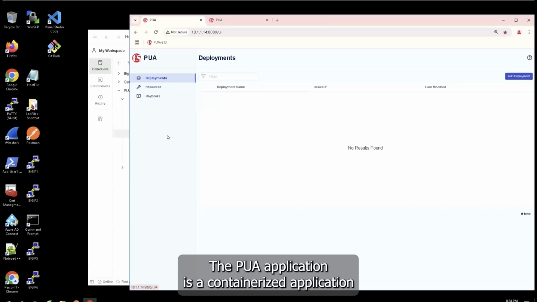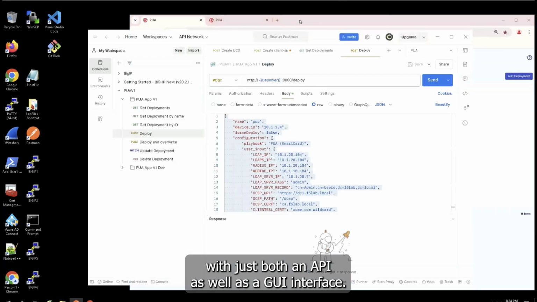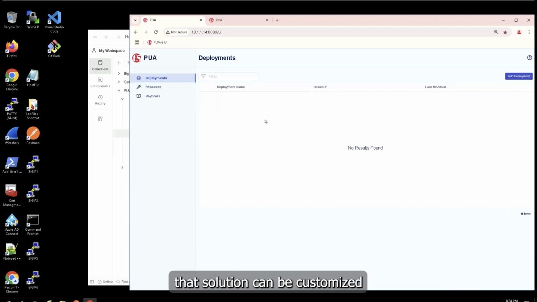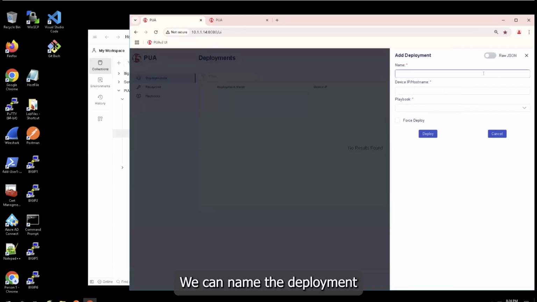The PUA application is a containerized application which has both an API as well as a GUI interface. It leverages the concept of a playbook to deploy solution configuration that can be customized for specific environment parameters. So we're going to click on the add deployment. We can name the